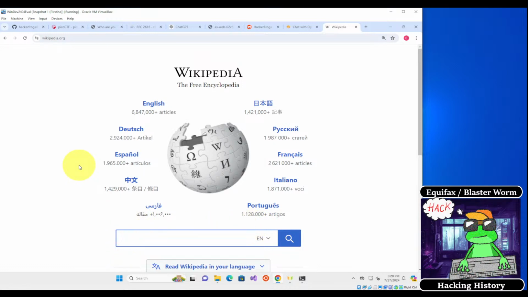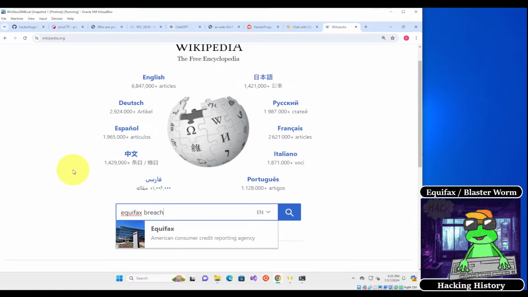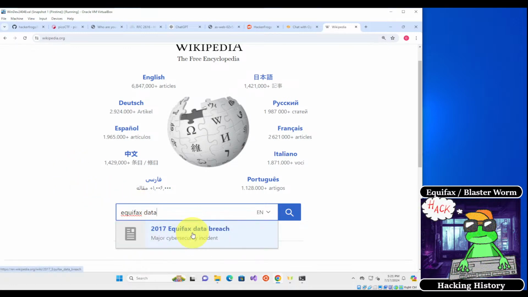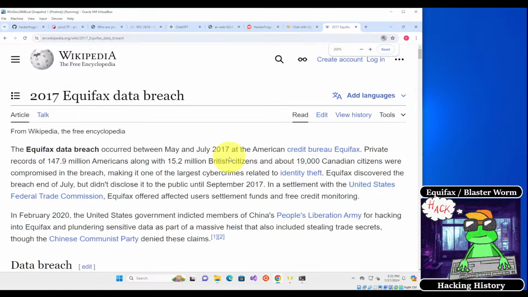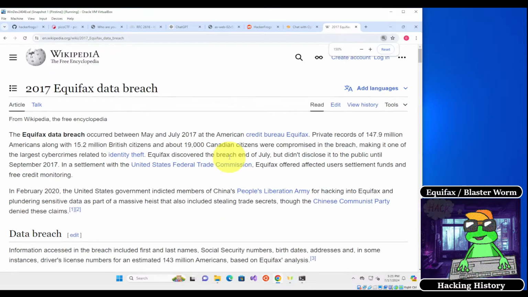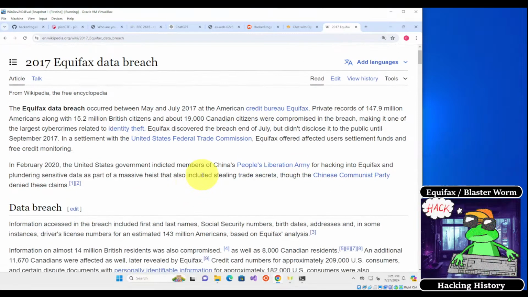So this one is the Equifax breach, and I think in Wikipedia it's called the Equifax data breach. Okay, so let's make this a little bit bigger. Okay, so what is the Equifax data breach? Well,